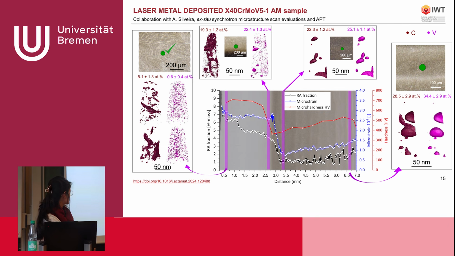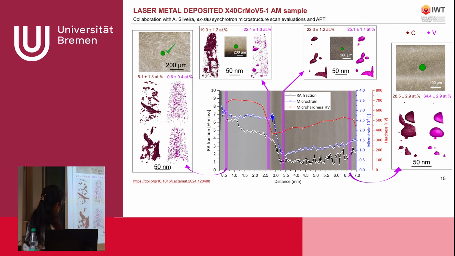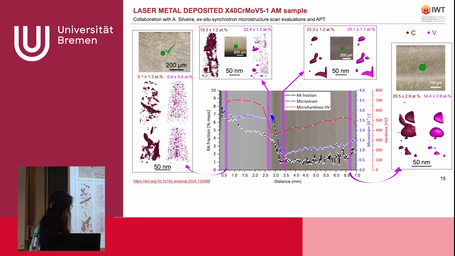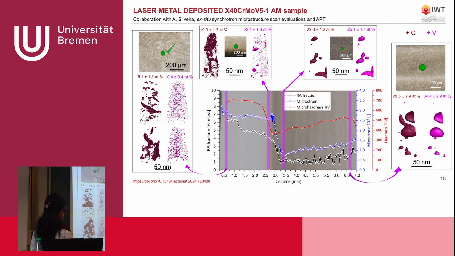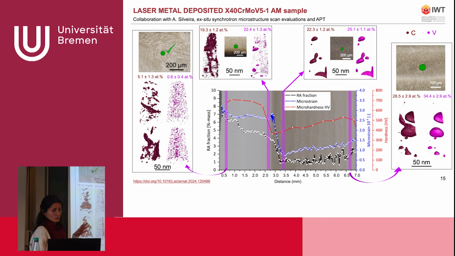So I start here by showing you some results on the last layers. Here we have the distribution of carbon and the distribution of vanadium. We see that carbon is segregated on some planar objects, which can be just austenitic films. When the martensite is formed, it pushes the austenite as these films. This is just a typical observation that we have in martensitic samples.